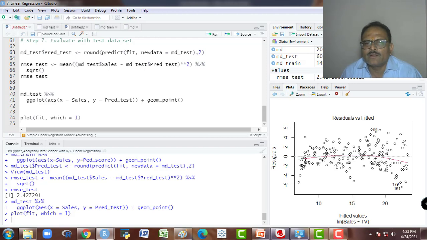So this is y minus y cap, and this is our y cap. So these are the fitted values here, and these are the residuals.